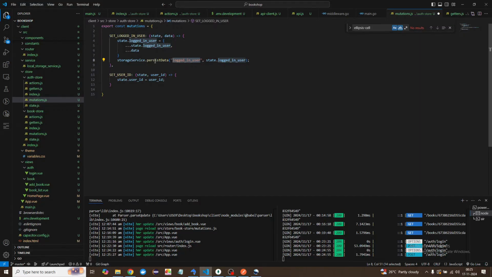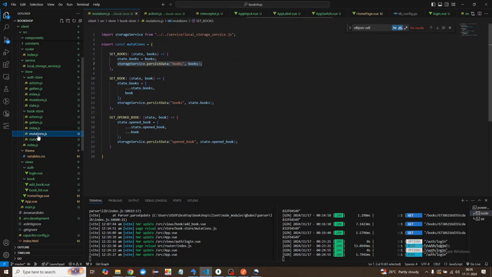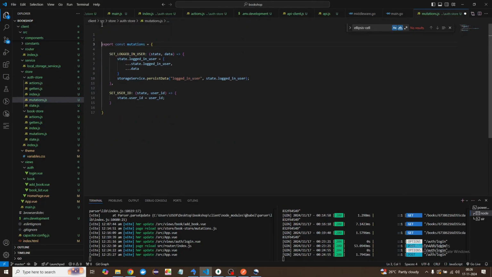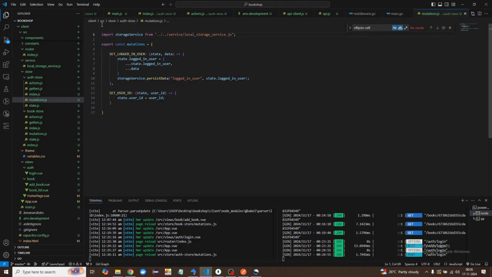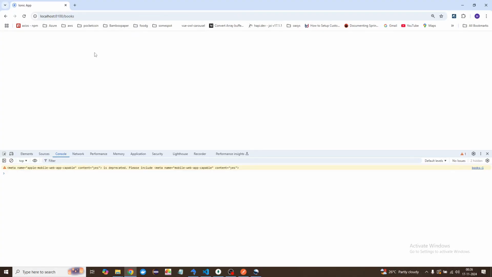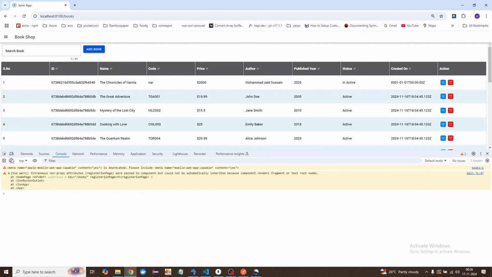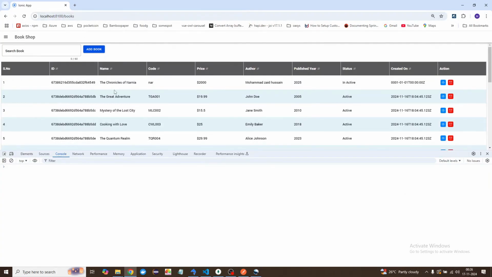That's completely fine. Then why are we not getting those data? So storage service, did we define? No, we have not defined a storage service here, and then we are calling the function. That's the wrong thing which we are doing. So we need that storage service also there in the mutation, so that it can access the storage service and save its data. Let me just save it again once more, and I'll go back in UI,